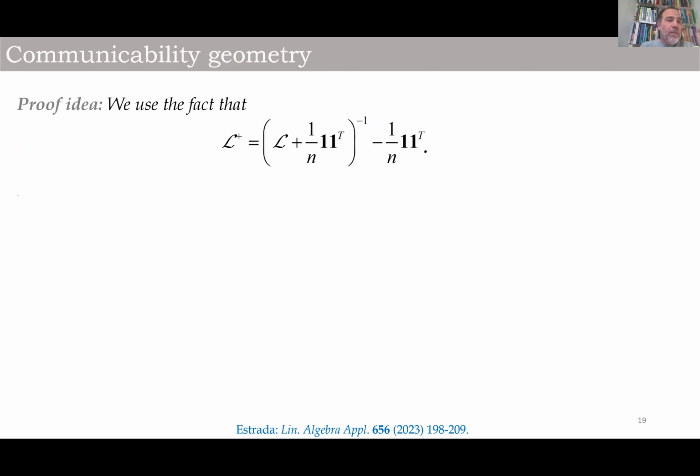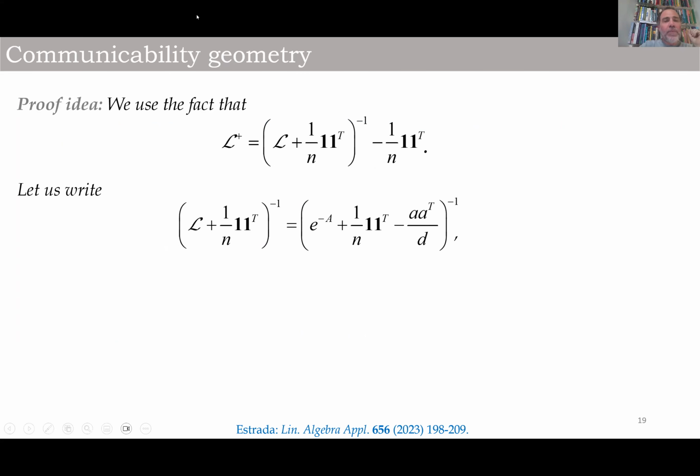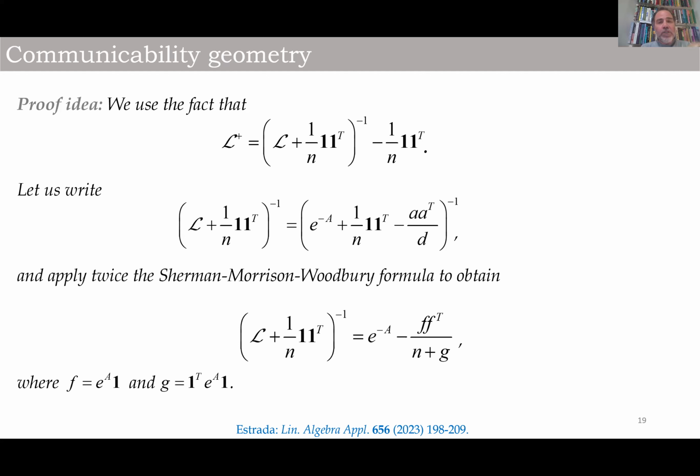So how to prove this? Well, basically, we use the idea of expressing the pseudo-inverse of the Laplacian in this term, which is true for any pseudo-inverse. And then we write down this expression of the first term by using the definition of the Laplacian in this way. And then because we have here the product of these two vectors, and here again, and one matrix here, and we have to obtain the inverse of all of these, we again apply the Sherman-Morrison-Woodbury formula, and then we obtain this expression in here, in which we have this term f and g,